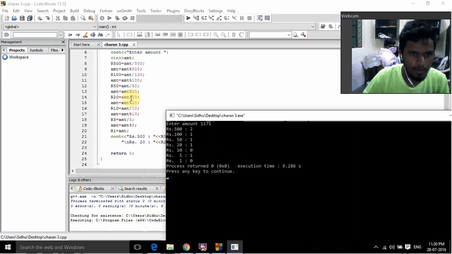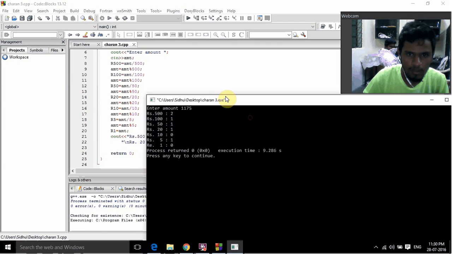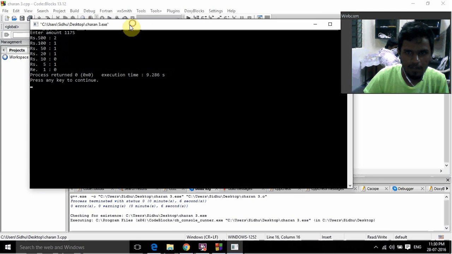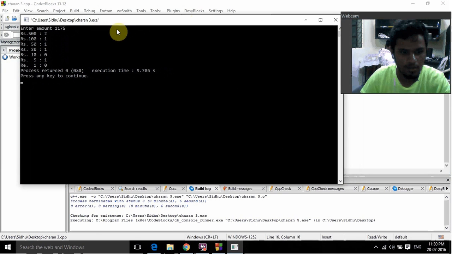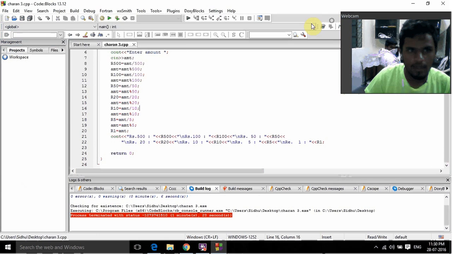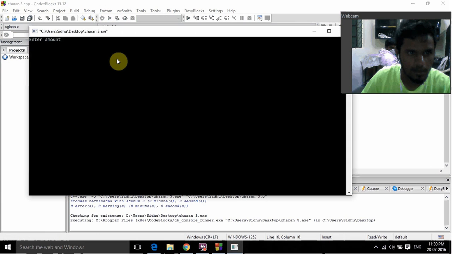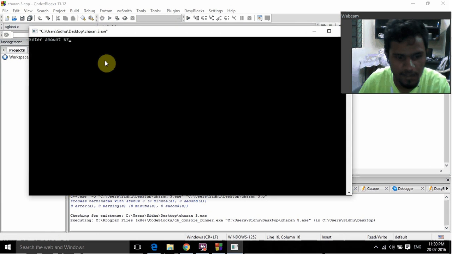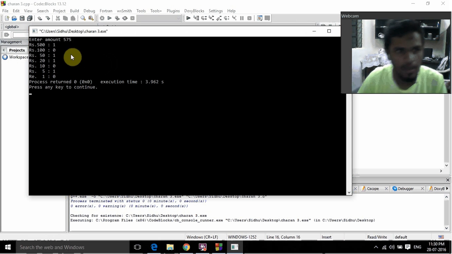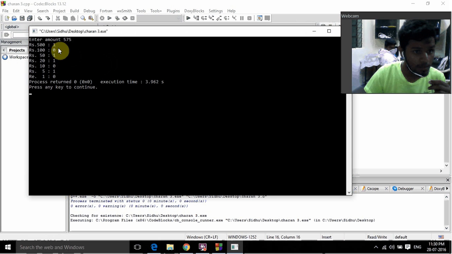Dividing 25 by 20, I get one note, and 5 will be my amount for here. So there is no 10 rupee note, and there is only one 5 rupee note. This ends my process. And not only for this, I can solve this for any number. So here I run with another amount which is 575, which is given in the example, and you can see over here it is rupees 500,